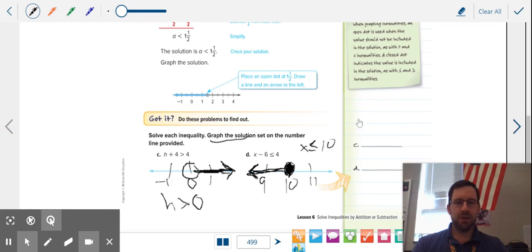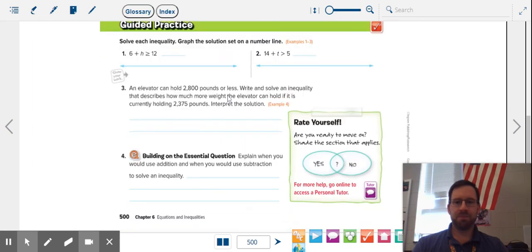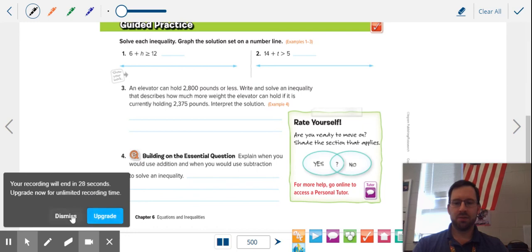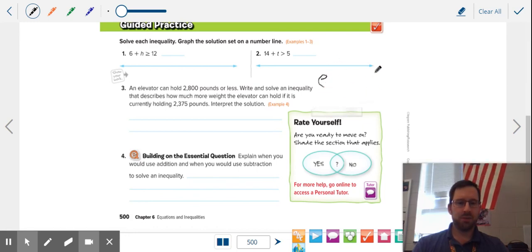All right. Now, let's tackle a word problem. An elevator can hold 2,800 pounds or less. Okay, so the elevator can hold that amount or less. Solving an inequality describes how much more weight it can hold if it's currently holding this much weight. So it currently has this much weight. Oof, that's ugly. That's a 7. So to solve and find out how much extra weight it can hold, we're going to take this away. 2,375